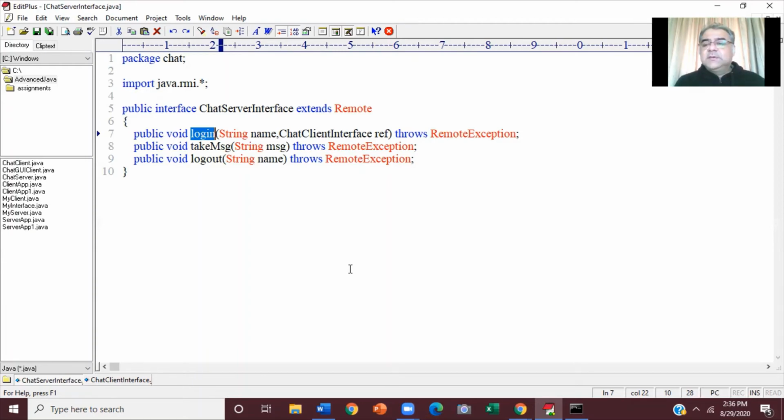Isn't it? That is the logical equality. Don't you think we should override equals method in client info class and put this logical equality inside it? Because you're going to store client info objects in vector, and vector works on equals method. If your equals method is not proper, the vector is not going to work properly for you.